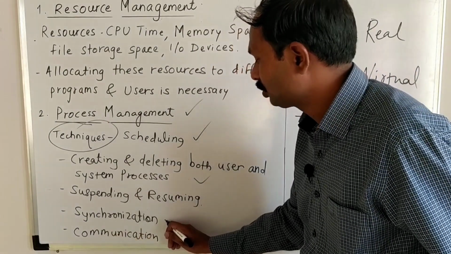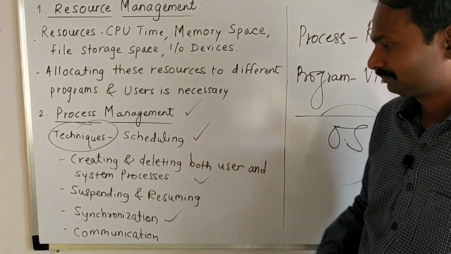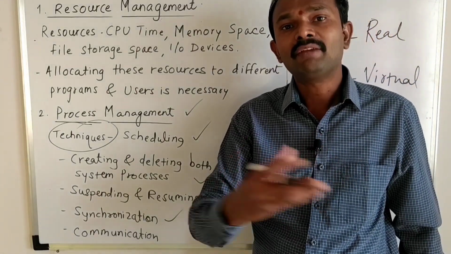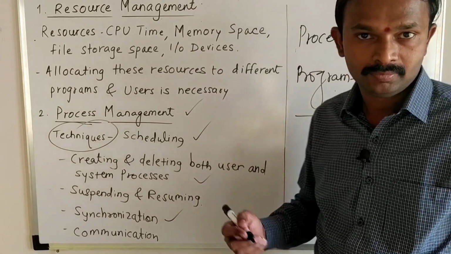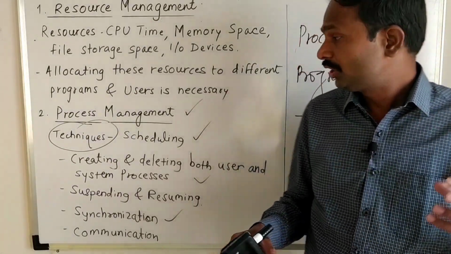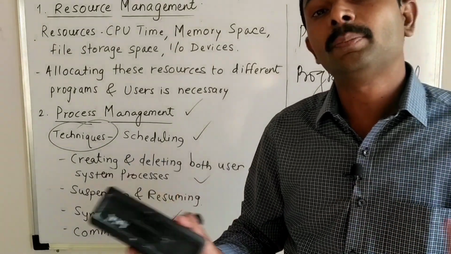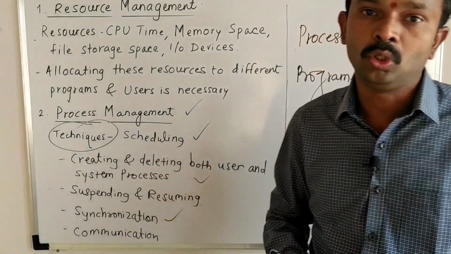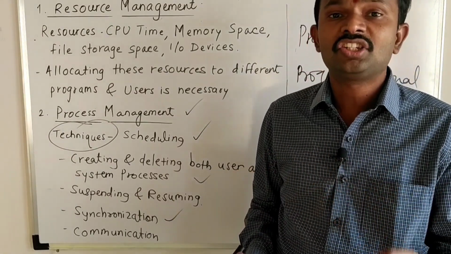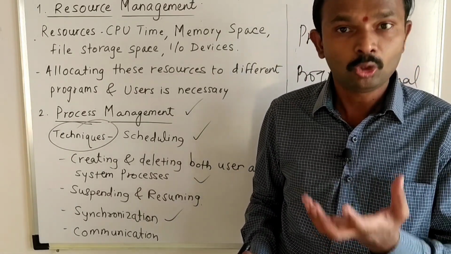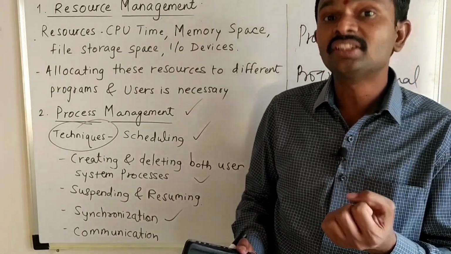Then synchronization of the process. Synchronization of the process means, let us say we have 5 different processes: P1, P2, P3, P4, P5. Now, not only the scheduling of the processes is an important thing, but synchronization of the processes also plays an important role. In synchronization, what happens? It is about working with each other properly. Synchronizing is working of different processes with each other properly.